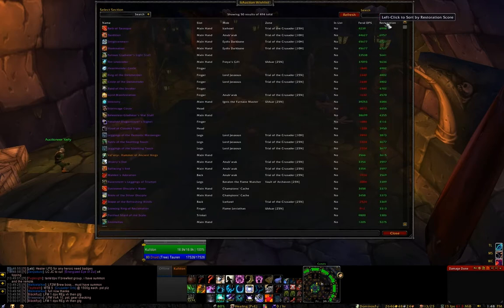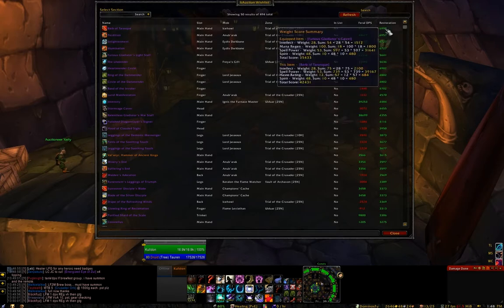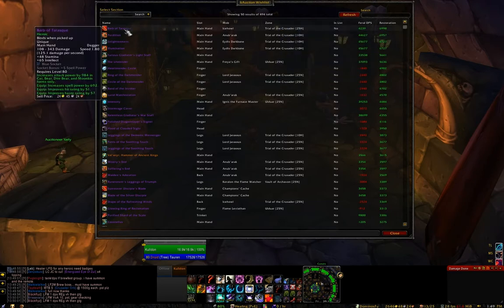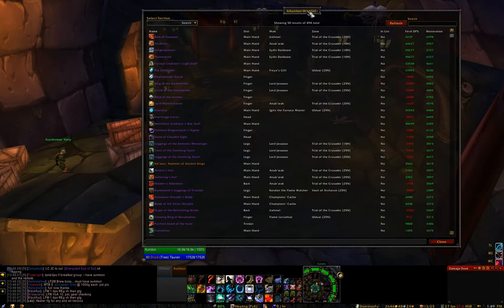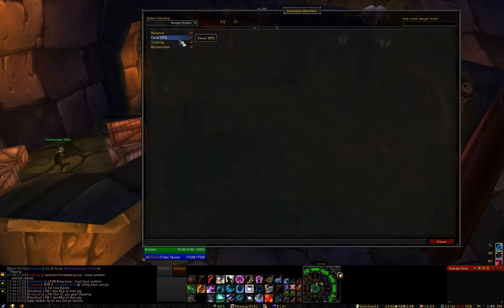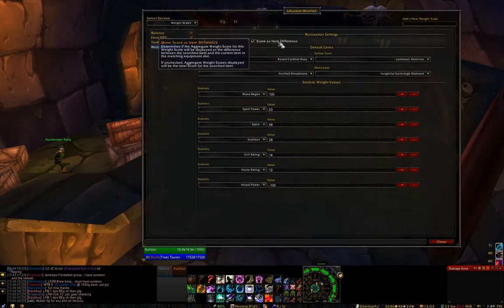Right now I'm wearing restoration gear, so I'll show you those scores. So this number is telling us that if you mouse over it, this item, the Barb of Tarask, is calculated to be about a 7,000 point upgrade based on our weighting scale relative to what I'm currently wearing. And remember, the reason it's relative is because in the weight scale we have score as item difference checked. If I uncheck that,